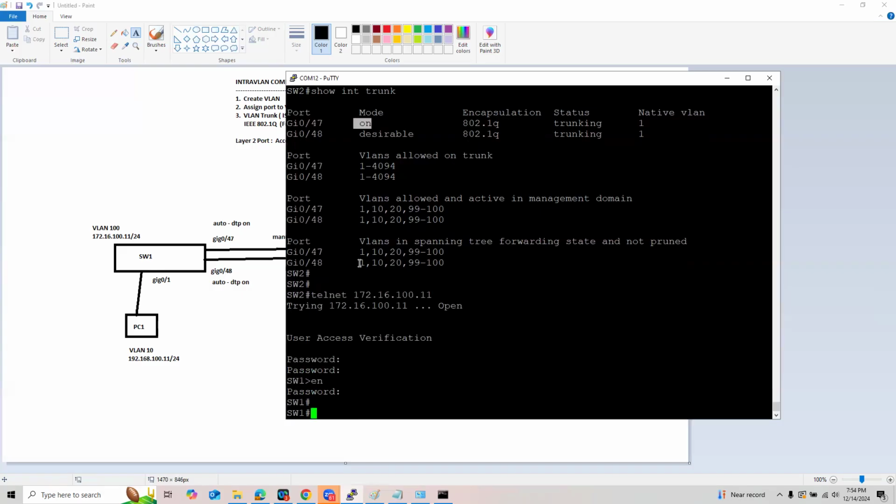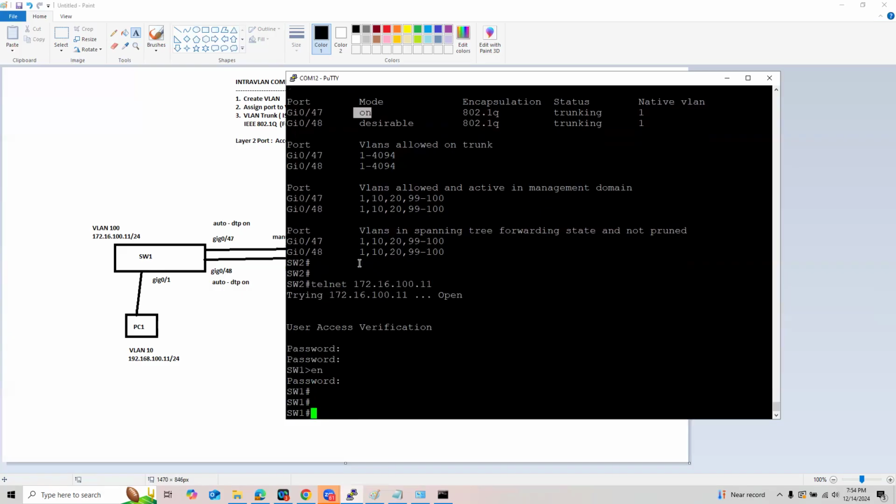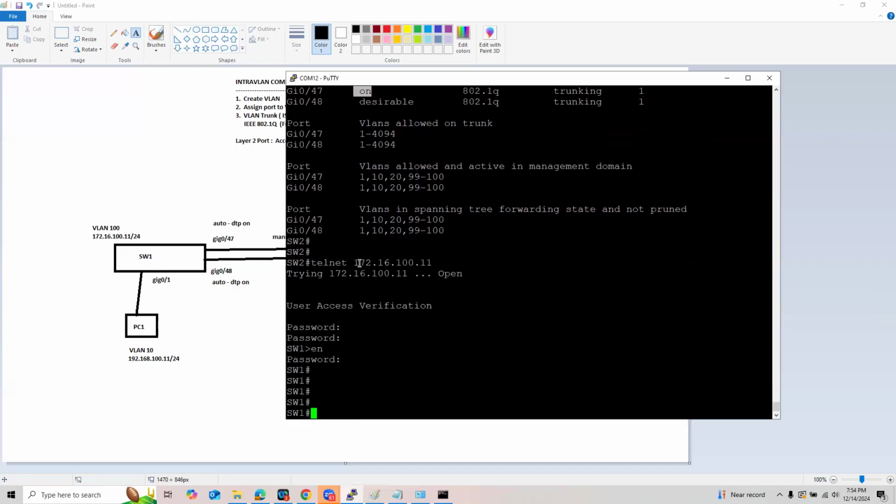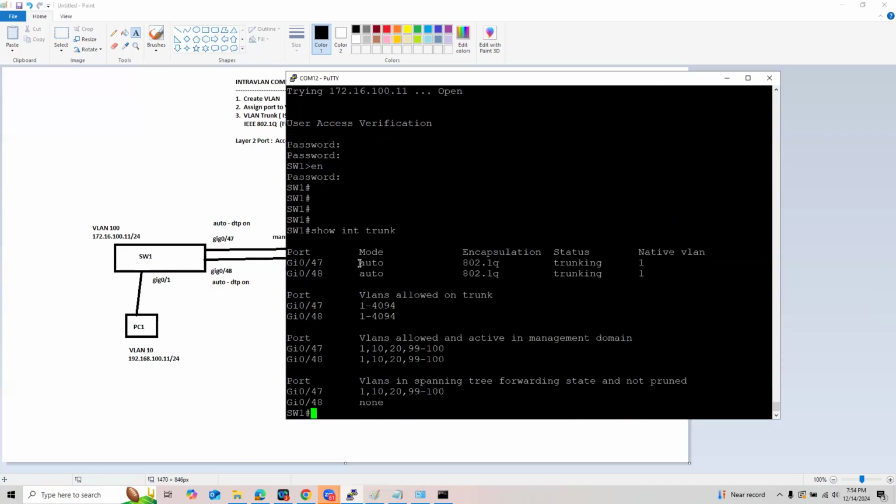So we are now in switch 1. Okay, let's check what the trunk interfaces are here. Show interface trunk. So we have both 47 and 48 as trunks now, and both are in the default dynamic auto mode.